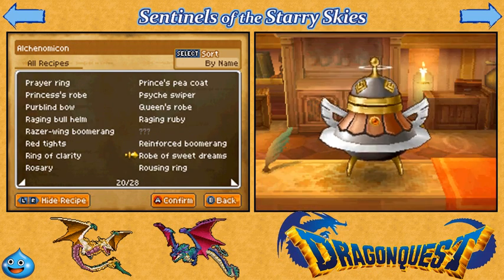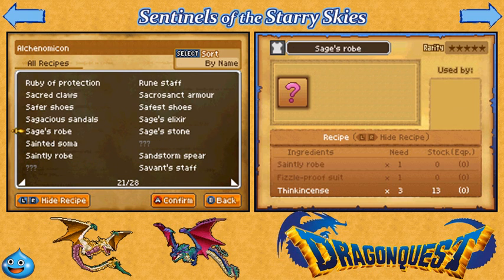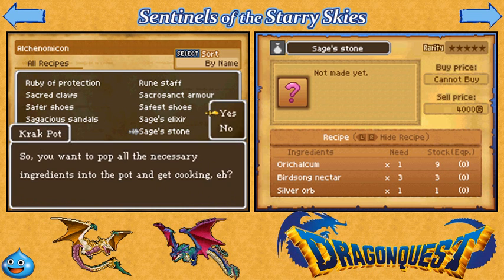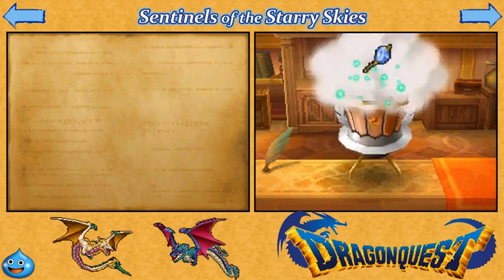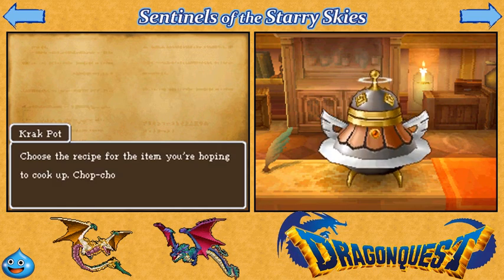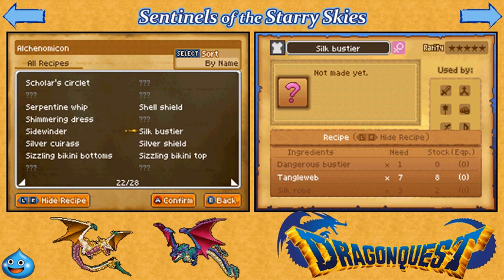Okay, next thing we need is a Sage's Stone. I think the guy in the castle wants that. I did make the Birdsong Nectar we've made a couple times before. I made a few of that off screen before this episode started to reduce the time needed. And again, we need Orichalcum for this, but this is why we picked up the Silver Orb. And actually doing this quest, he's going to immediately ask for something else, which we're also going to make right now, which I've already picked up the advanced ingredients for. Okay, Sage's Stone, okay, we need to make...